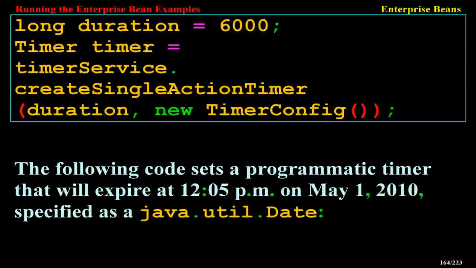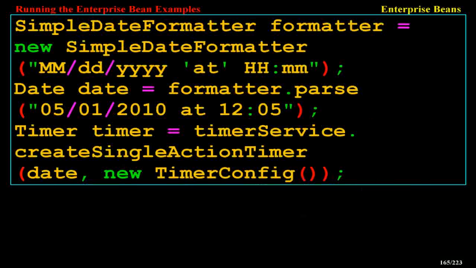The following code sets a programmatic timer that will expire at 12:05 p.m. on May 1, 2010, specified as a java.util.Date. SimpleDateFormat formatter = new SimpleDateFormat("MM/dd/yyyy 'at' HH:mm"); Date date = formatter.parse("05/01/2010 at 12:05"); Timer timer = timerService.createSingleActionTimer(date, new TimerConfig());